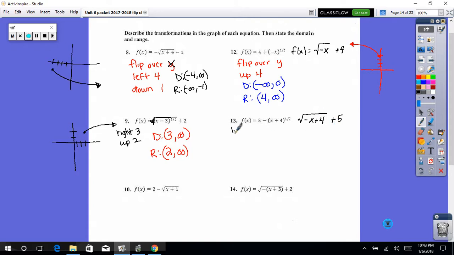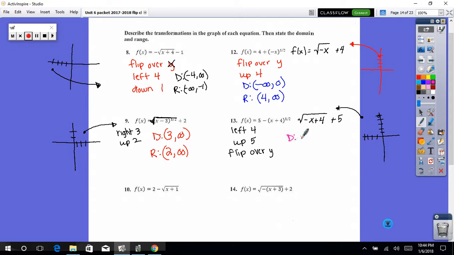So I went left 4 units, up 5, and then that negative that's inside flipped us over the y. So left 4, up 5, and instead of pointing to the right, we are now pointing to the left. So it looks something like that,